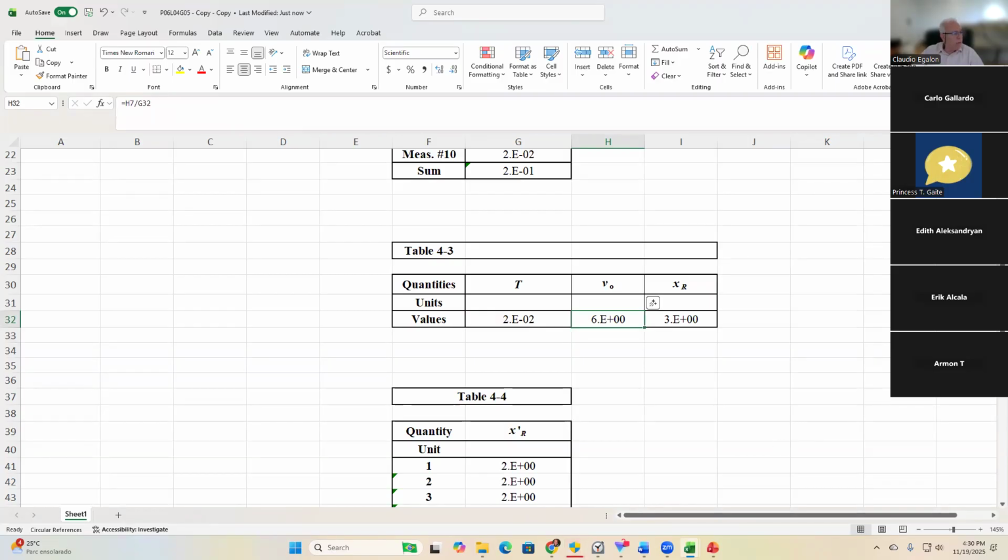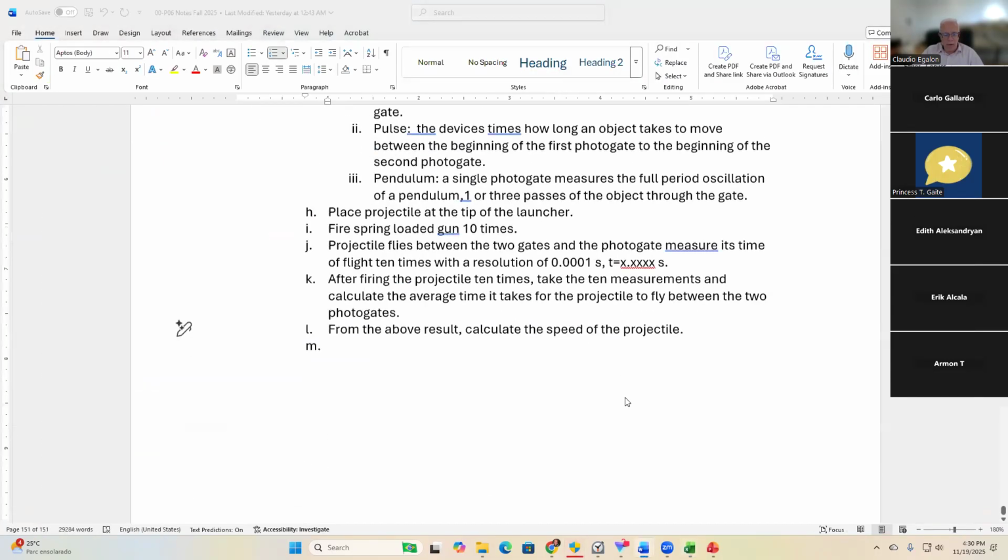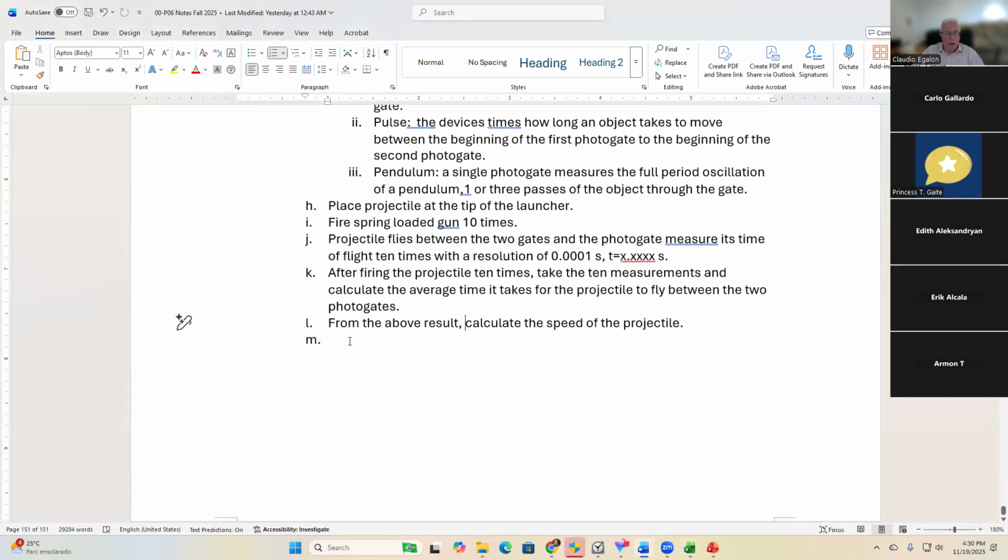Then what do we do next? You calculate the range of the projectile for this specific situation. The theory, you should remember from the previous lectures, right? So the range that the projectile is going to travel is given by